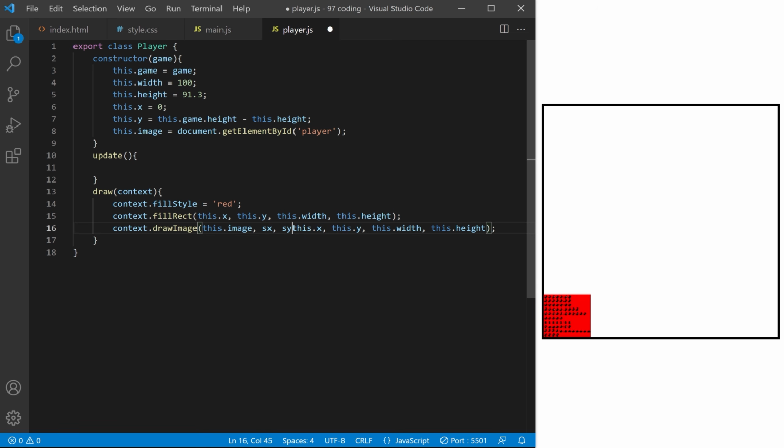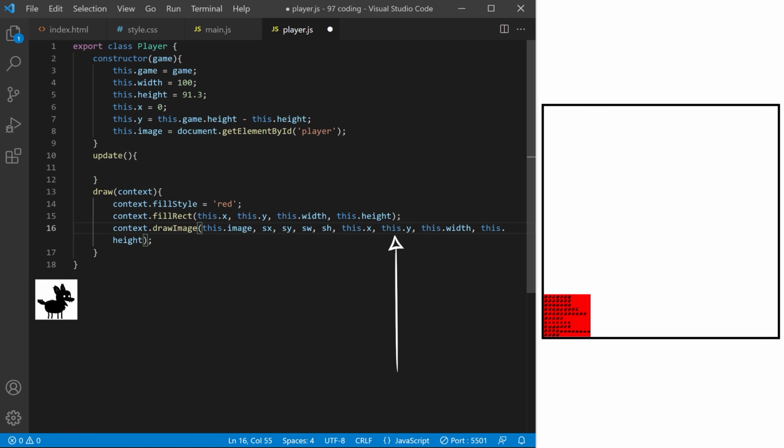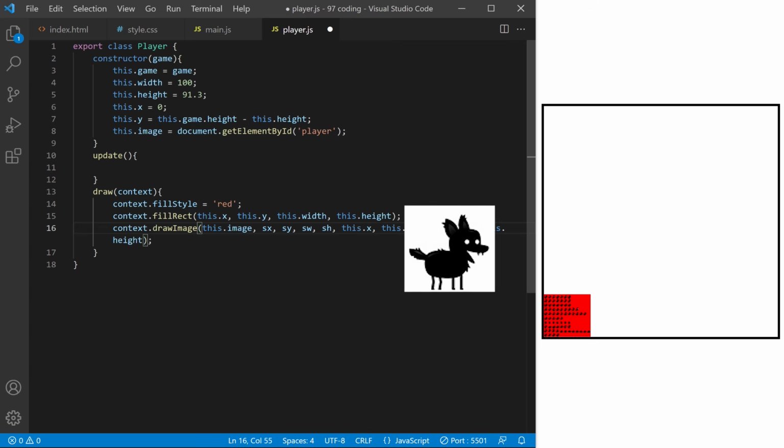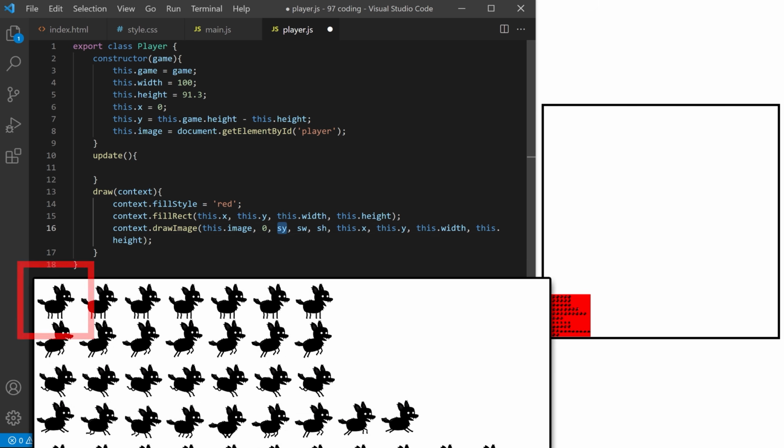The longest version of drawImage method takes 9 arguments, and that's the version we need. We pass it the image we want to draw, source x, source y, source width and source height of the rectangle we want to crop out from the source image, in our case a single frame of the sprite sheet, and destination x, destination y, destination width and destination height will define where on destination canvas we want to draw that cropped out rectangle onto. At first, I just want to crop out the top left frame in my sprite sheet,